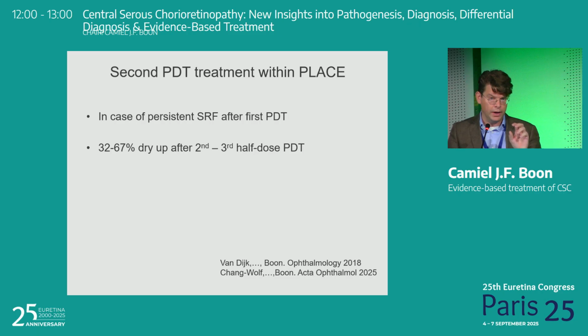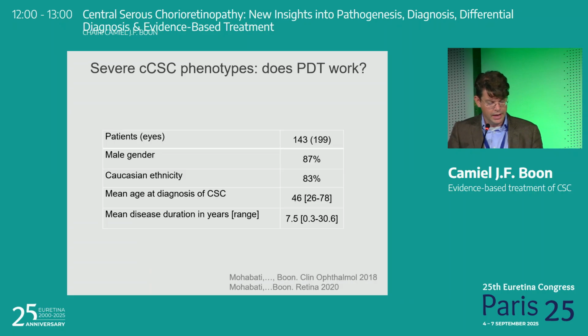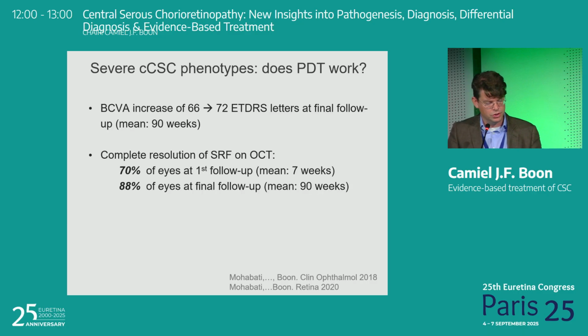But it's worthwhile redoing the FFA ICGA, apart from reconsidering your diagnosis, of course, to see if there's still active leakage. And in that case, I think you're especially likely to have a response. So in severe phenotypes like these horror cases, it can still work, actually quite good. We published about that too. There's a good likelihood that you get a resolution of fluid and even intraretinal fluid in 1/3 of the patients, also intraretinal fluid, but the visual acuity will not improve that much because of the atrophic changes.